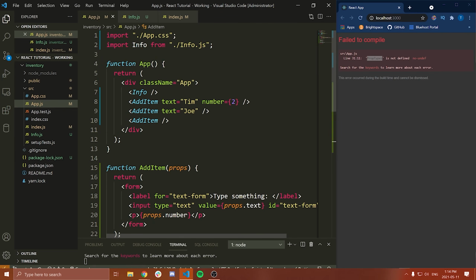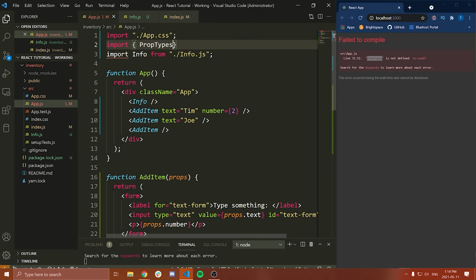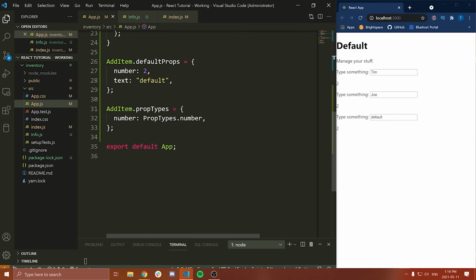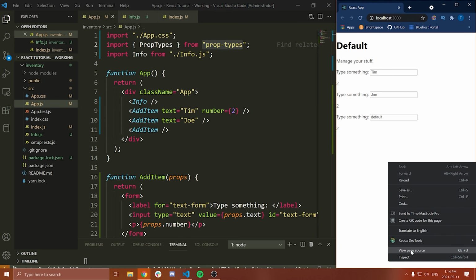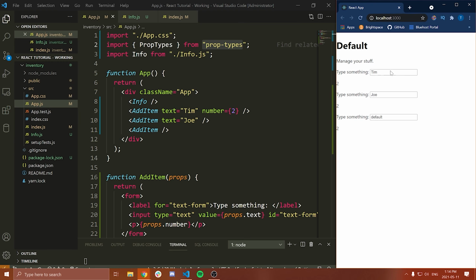So if I go up here, what I can do is say import PropTypes from, and this is going to be, I believe, 'prop-types'. Let's see if that's correct. Let me save here and notice that now we are not getting an error. So that's what we need to do when we want to use prop types. You need to import PropTypes from 'prop-types'. Let me just look in the console and make sure that this is fine. Okay, I believe everything is working all right.